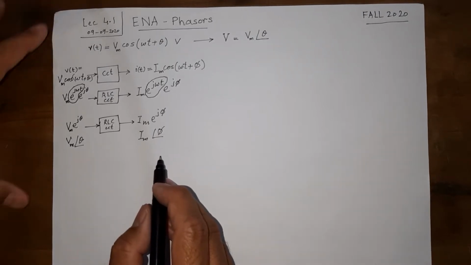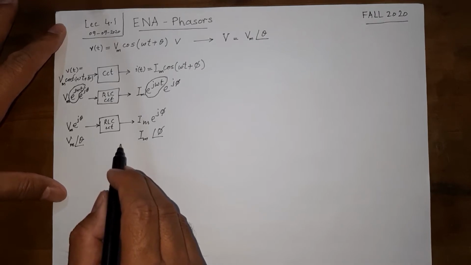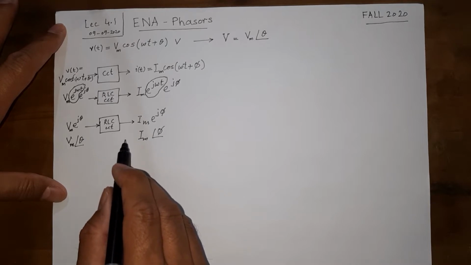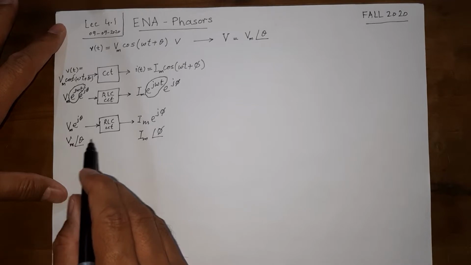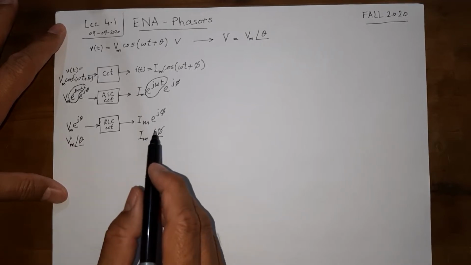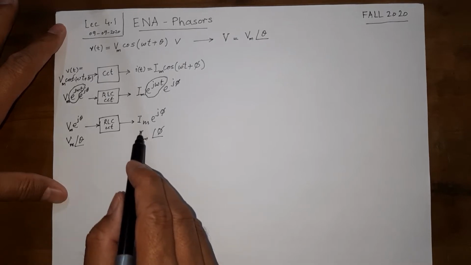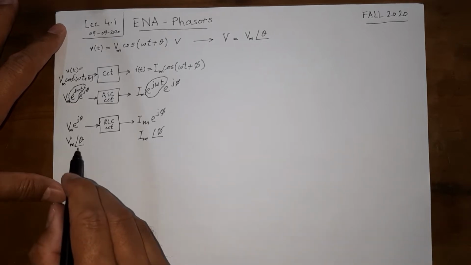You should have revised your complex number concepts. That's very important because we are going to deal with algebraic equations that have complex coefficients. So multiplication, division, addition, subtraction, conjugate, all this should be super clear to you, as well as how a complex number, if written in rectangular form, can be converted to polar form, and from polar form to rectangular form. Usually we need the representation to be in polar form.